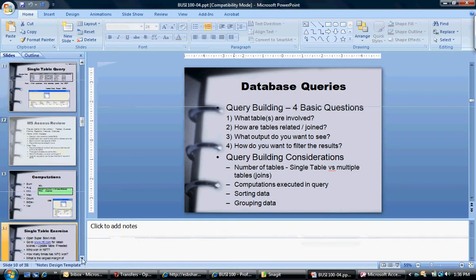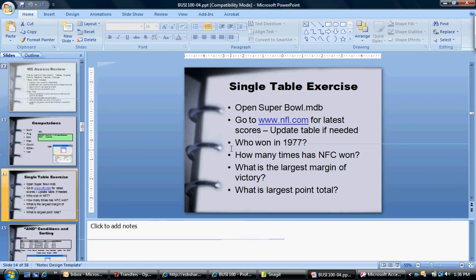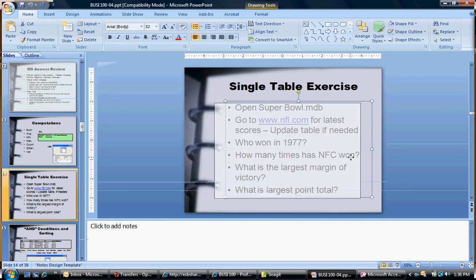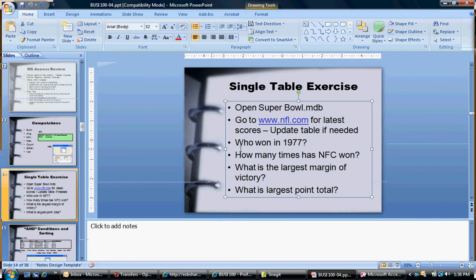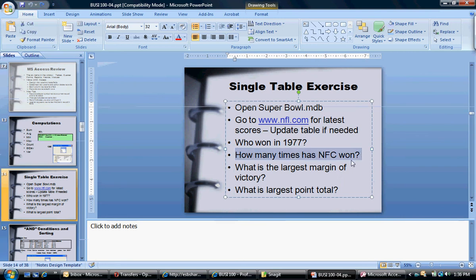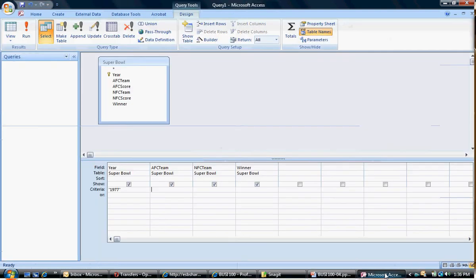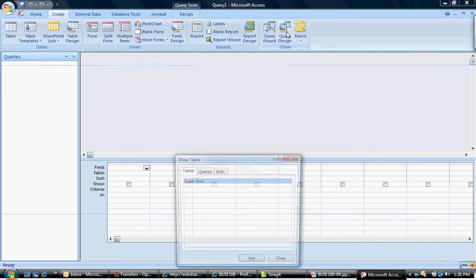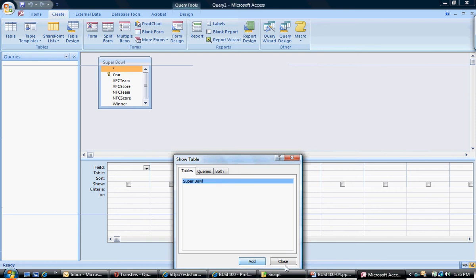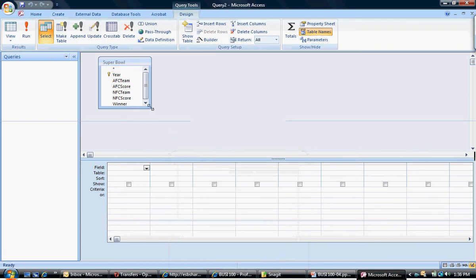And notice again how these are more business oriented, in the sense that they're kind of like math word problems. How many times has the NFC won? That's what we're going to look at next here. And that's this question here. How many times has the NFC won? So I will create a new query design. Again, add the Super Bowl table, and at this point I have to figure out what is my output, and I really just care about a